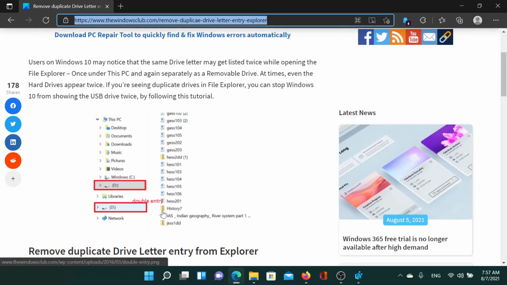Read through this article on the Windows Club or simply watch this video. I'll guide you through the resolution. This is usually the kind of icon for a USB drive or an external drive. If it is a double entry, for example, there are two of these, then all you need to do is